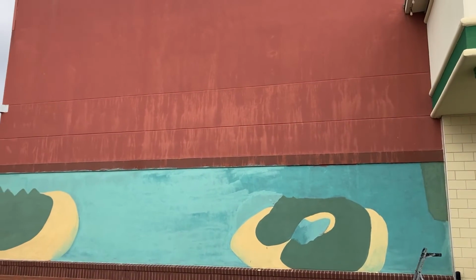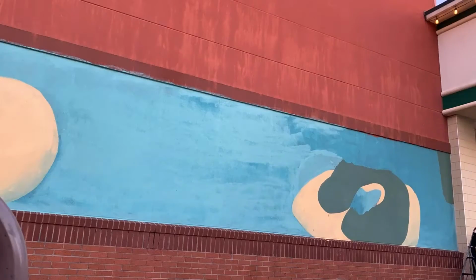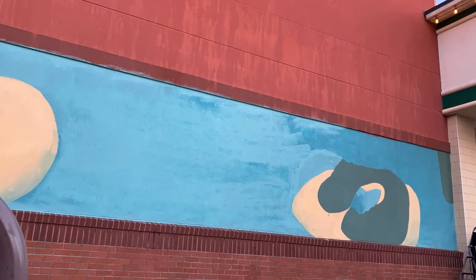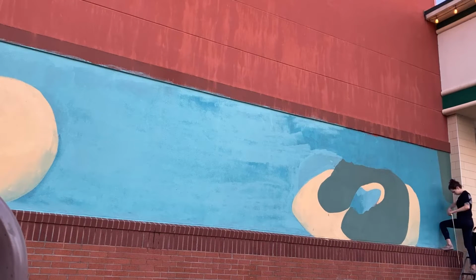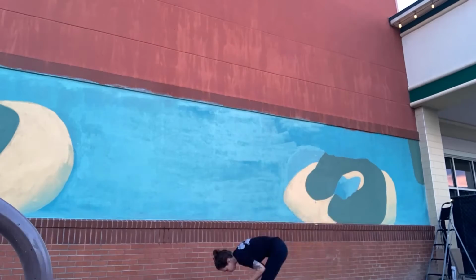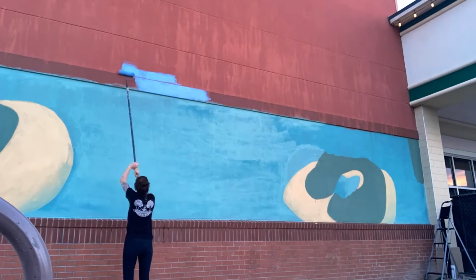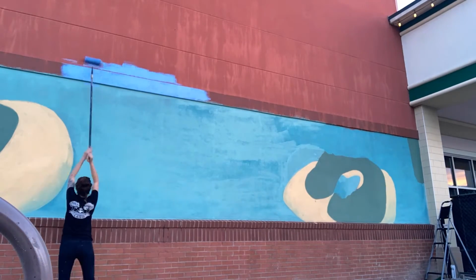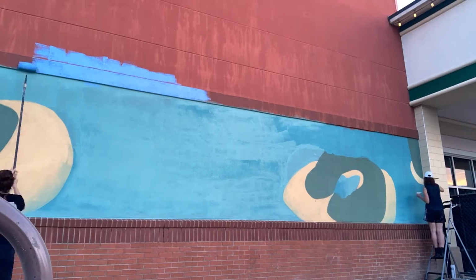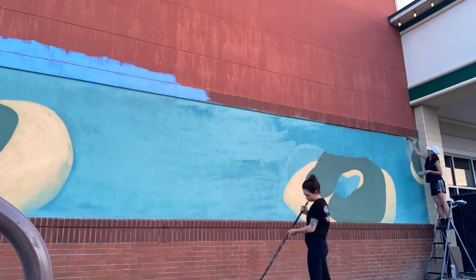I think one way I kind of got into mural work is I've done a lot of just regular kind of wall painting, residential, commercial, all kinds of different surfaces, big jobs, small jobs. I've done a lot of that over the years. So it actually translated, even though I usually work small, having done all that made it easier for me to understand how to do all this and what kind of paints to use